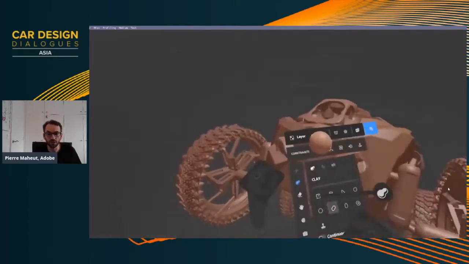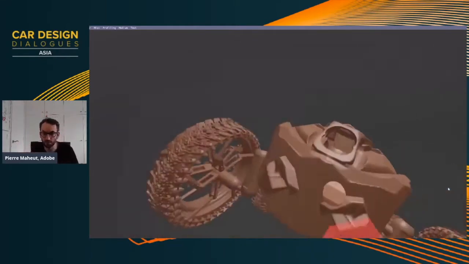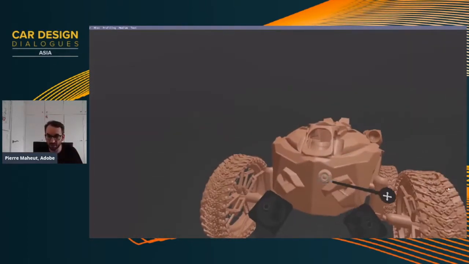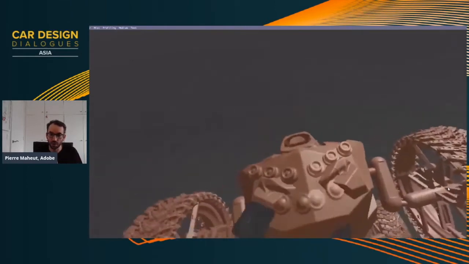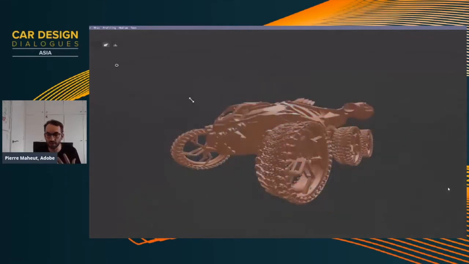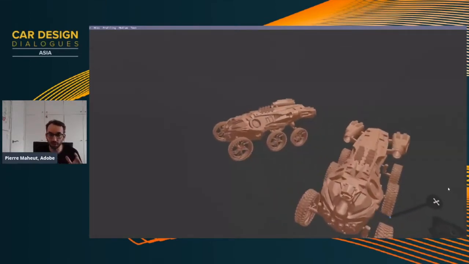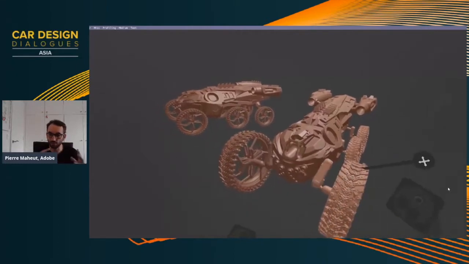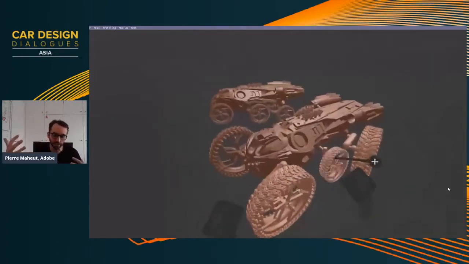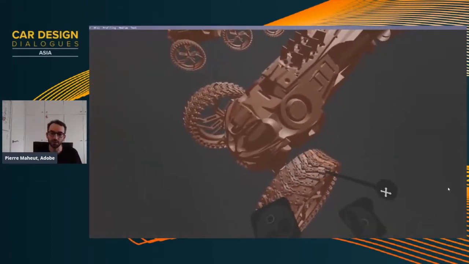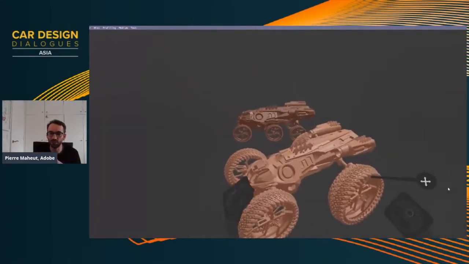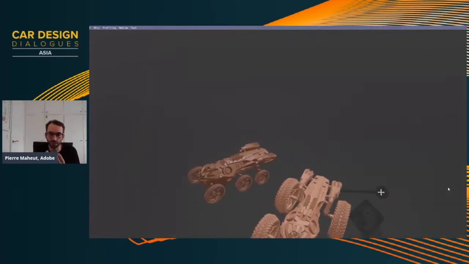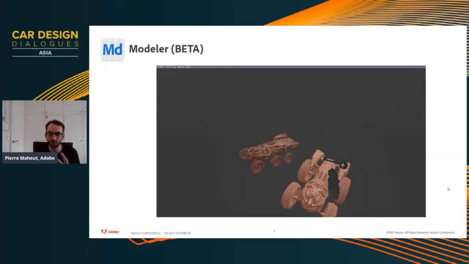Here, we are really focusing on concept modeling. So here it's an example that is closer to, I would say, concept art, spaceships and stuff like that. Because in the end, what you are producing is more a general direction. You won't do detail modeling with a very high level of surfacing, you will do it with the right tool for that, like Alias or ISMSoft. But for concept, it's definitely the most efficient tool that we have, and you can play with this repetition of objects very quickly, change the size, change the scale, so you can work on proportion in a very, very intuitive way.